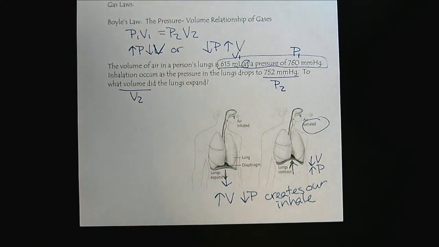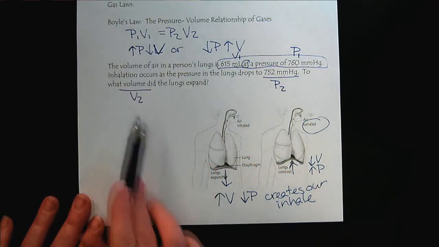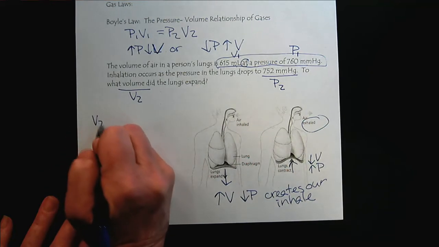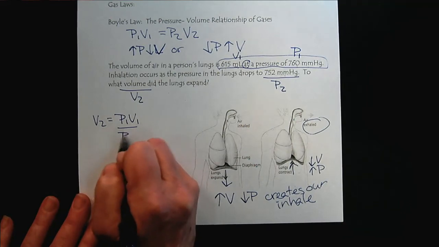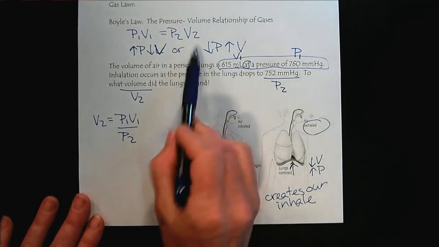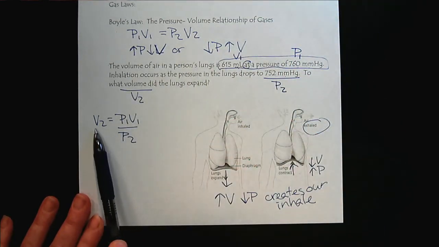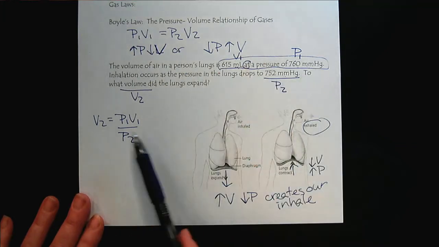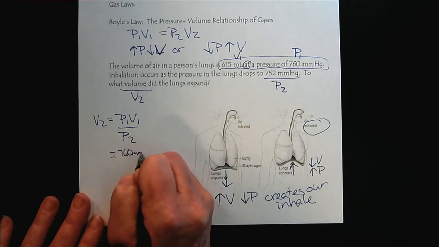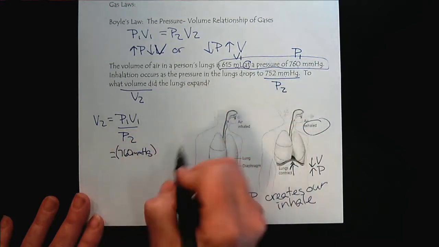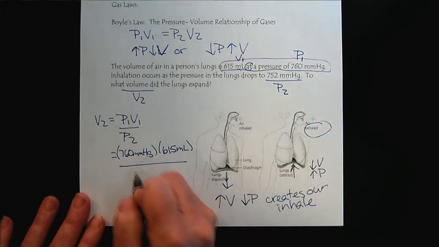Alrighty, so we have our formula for Boyle's law, and we want to solve for V2. Solving for V2 algebraically would be here. So we started with Boyle's law, we solved for the missing variable, and now it's plugging and chugging. We plug in the values. Our pressure 1, 760 millimeters of mercury. Our initial volume, 615 milliliters. And then our new pressure,